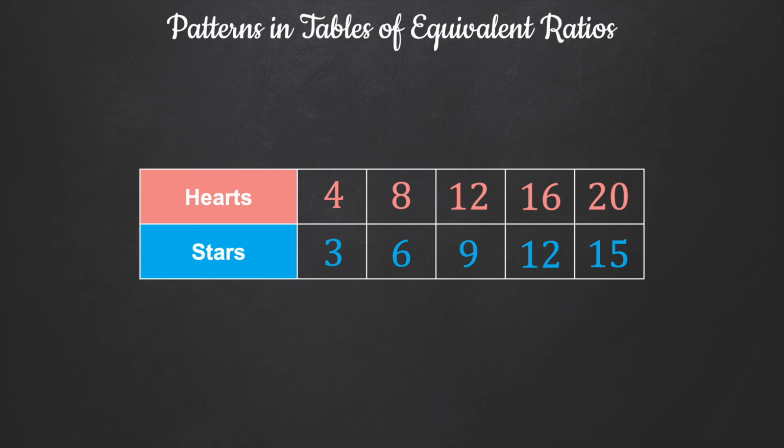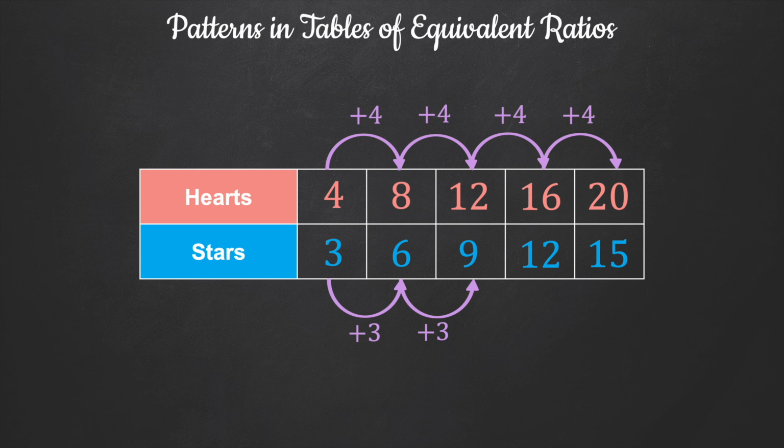The first pattern we're going to talk about is how much the table is increasing by. So our hearts are increasing by 4 every time our stars increase by 3. And that's because in order to maintain an equivalent ratio, every time we have 4 hearts, we need 3 stars. So if we're going to add 4 more hearts, then we need to add 3 more stars each time